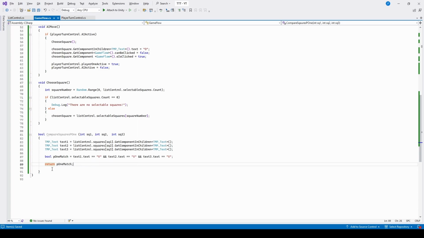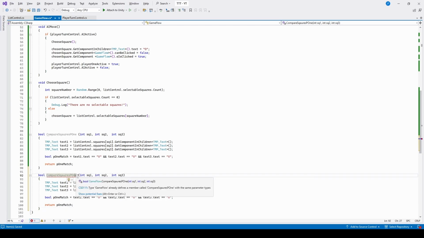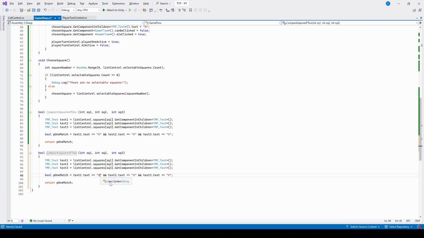Now we're going to want to do this same thing for player 2. So I'm going to do Control C here and paste this right below. I'm going to change this from P1 to P2. And then all we're going to have to do is change this to make sure we're checking if they're all equal to O instead of X. And then we're going to return P2 match, and we're going to change this one to P2 match. So now we have this set up so we can compare all of the squares for both player 1 and